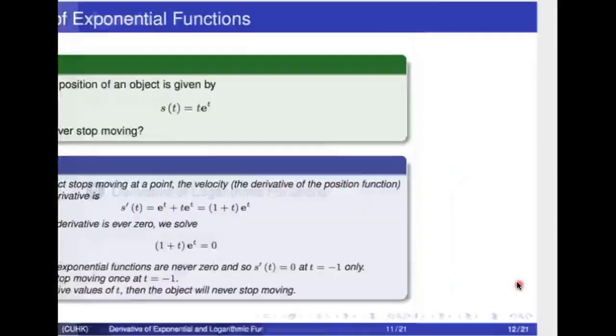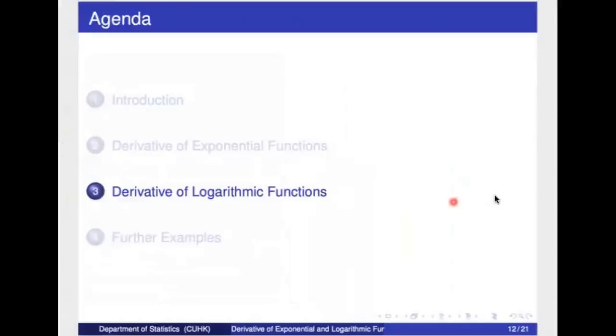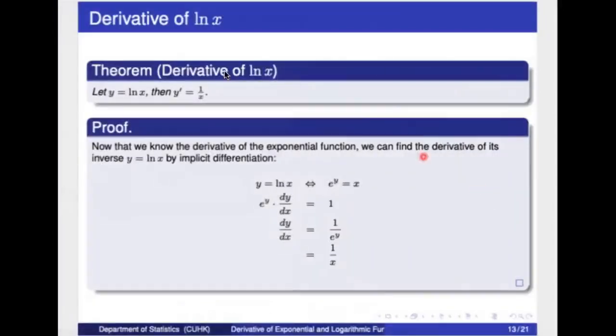Now let's move on to the derivative of logarithmic functions. Let's start by taking a closer look at the derivative of ln x. The theorem states that if y equals ln x, then y prime equals 1 over x. To understand how this works, we will use implicit differentiation. Recall that e to the power of y equals x. Differentiating both sides with respect to x, we obtain e to the power of y times dy over dx equals 1. Solving for dy over dx, we get 1 over e to the power of y, which is equal to